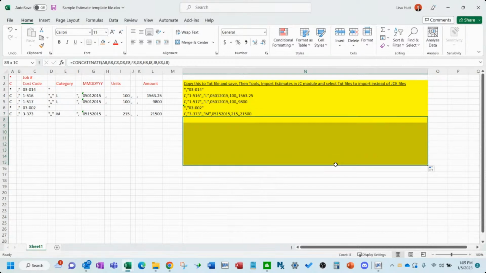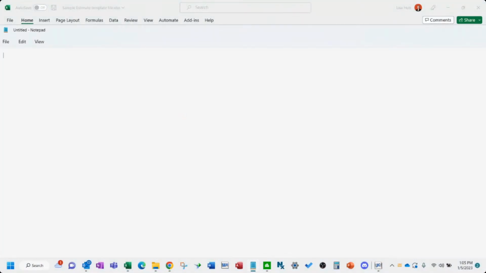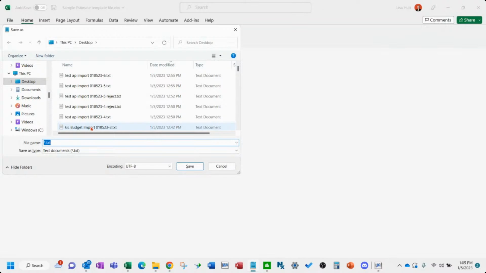Okay, so this chunk of information right here, you copy into Notepad. We're going to save it as a file here.